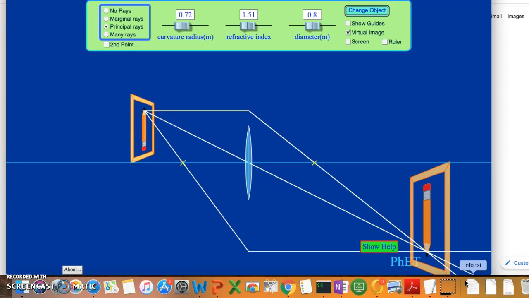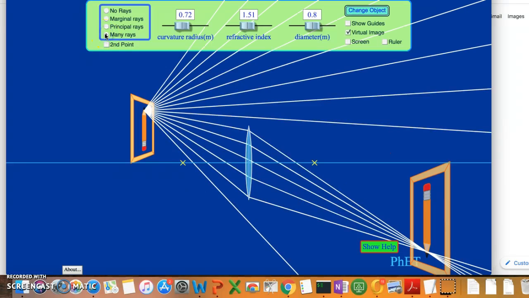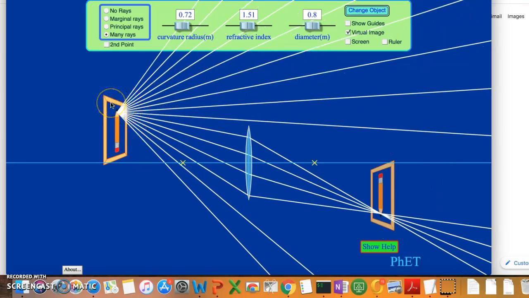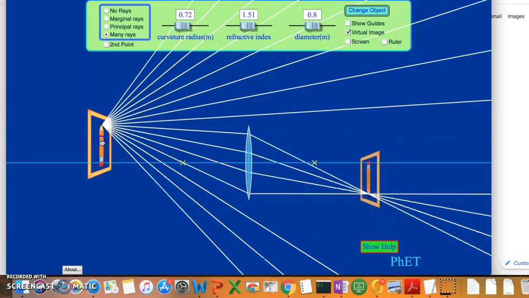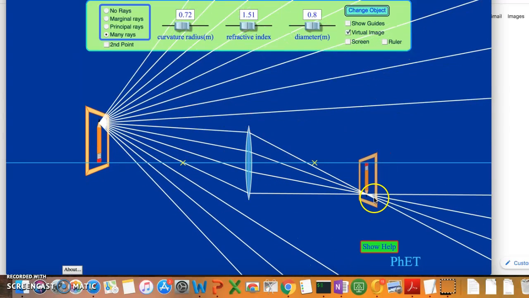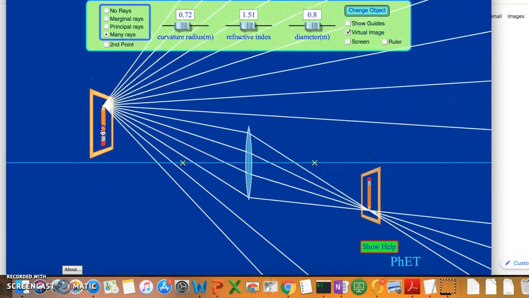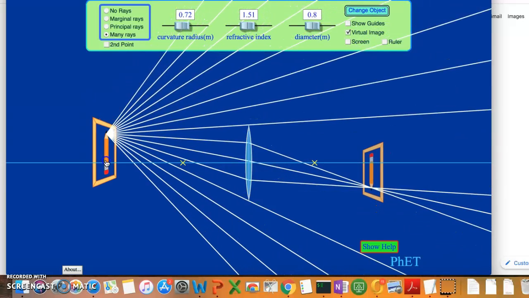Well, those aren't really the rays that are going through the lens. And I'm going to click to mini rays here because I think that this shows what's really happening. What's really happening is in this object here, you've got rays going out in all directions, and some of those rays are going to hit the lens and are going to be refracted into an image. Now, the three principal rays are not necessarily the ones that refract, but